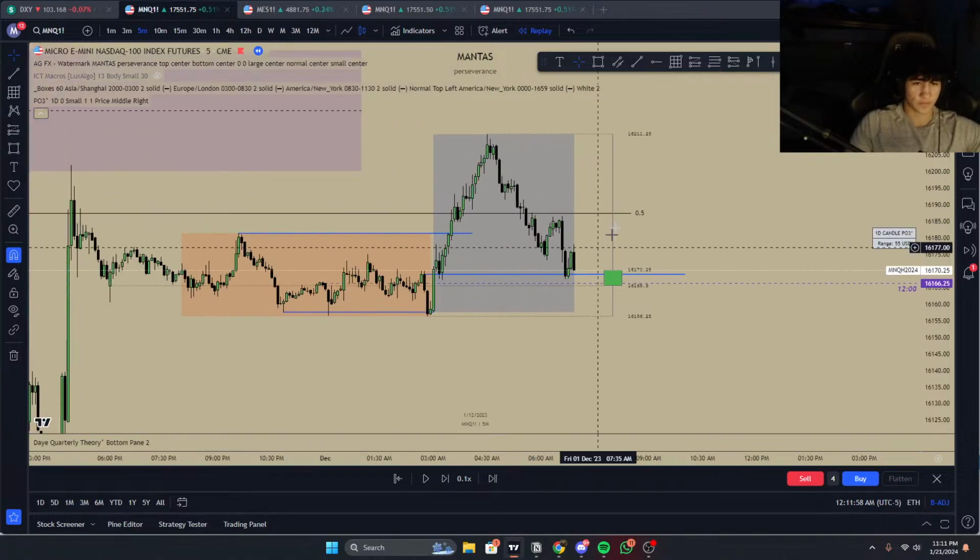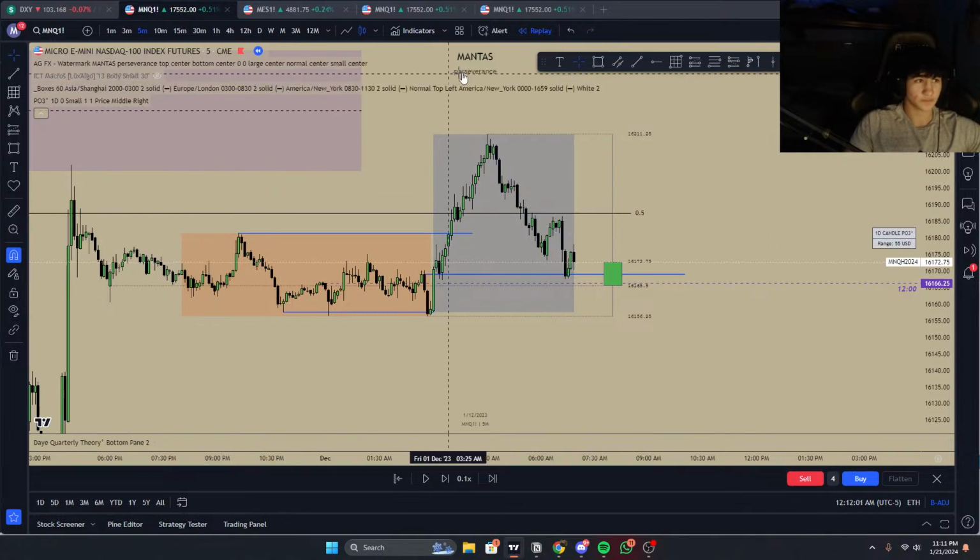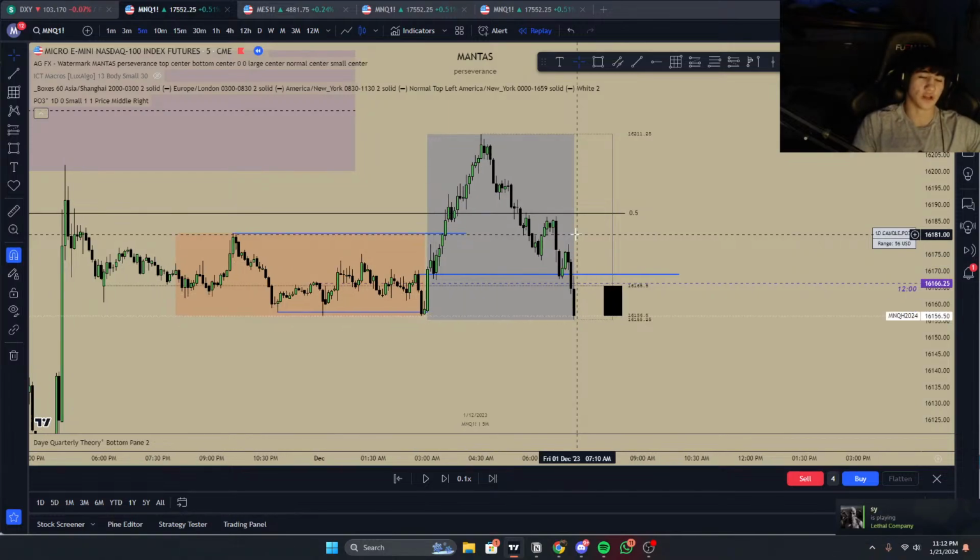Let's see. It'd be in on this. I don't like how we displaced so low though. Yeah, it's fine. I'm just gonna be very systemized. The 15-minute fair value gap right here. Yeah, I'm gonna have to find a name for that, but that one, target that high. They lost their accounts on that one.